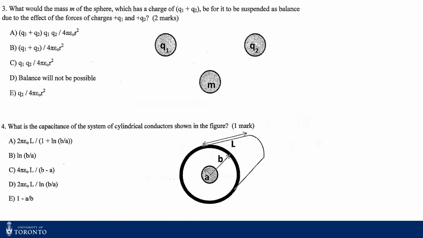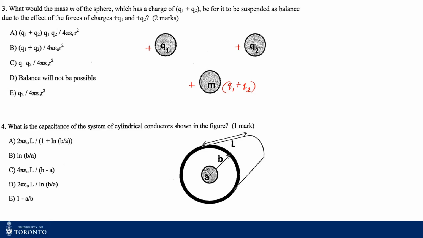Now for part 3, you see there are two positive charges, plus Q1 and plus Q2. And this is your third charge, which is the summation of Q1 plus Q2. Since these two charges are positive, therefore this charge also has to be positive. Now they have asked you to find in which condition the electrostatic forces will balance out the gravitational force, right? But since you see these electric forces are repelling,